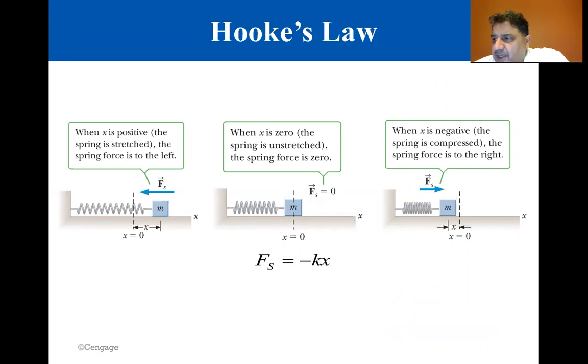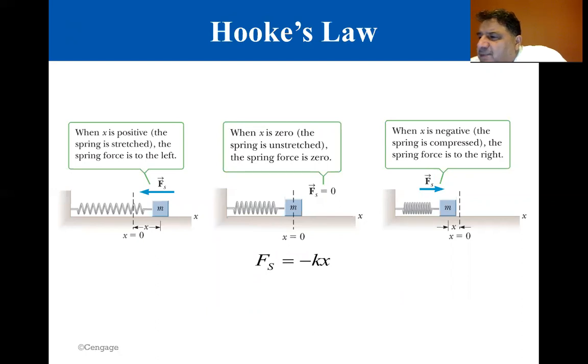Let's imagine a block attached to a spring moving on a frictionless horizontal surface. If the spring is stretched or compressed a small distance x from its unstretched or equilibrium position and then released, it exerts a force on the object, as you can see in the figure. In 1678, Robert Hooke performed experiments using springs and found that the spring force, F sub S, obeyed the equation shown, F_s equals minus kx,